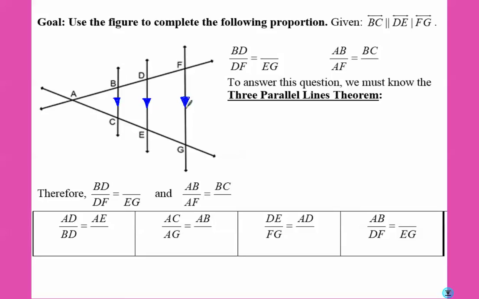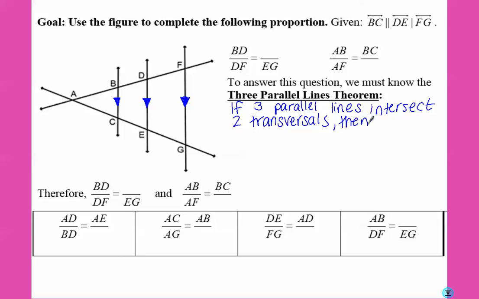To answer this question, we must know the three parallel lines theorem. If three parallel lines, which we have, intersect two transversals, so that would be line AF and line AG,